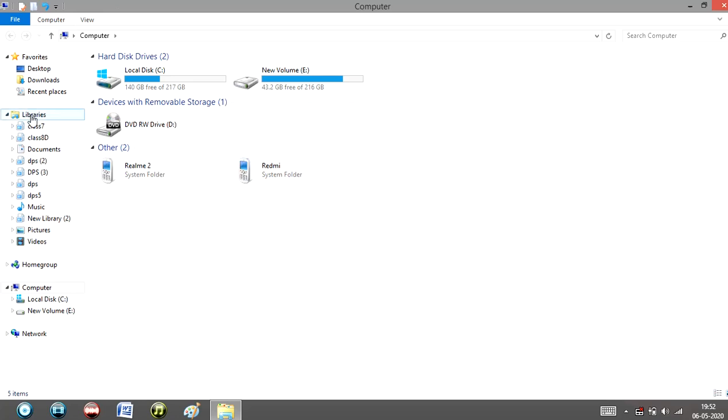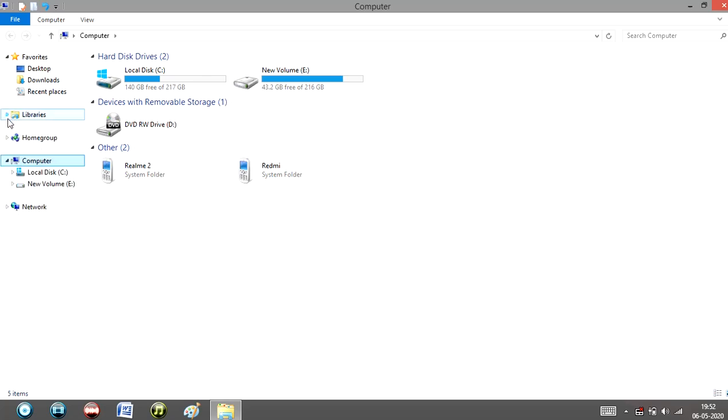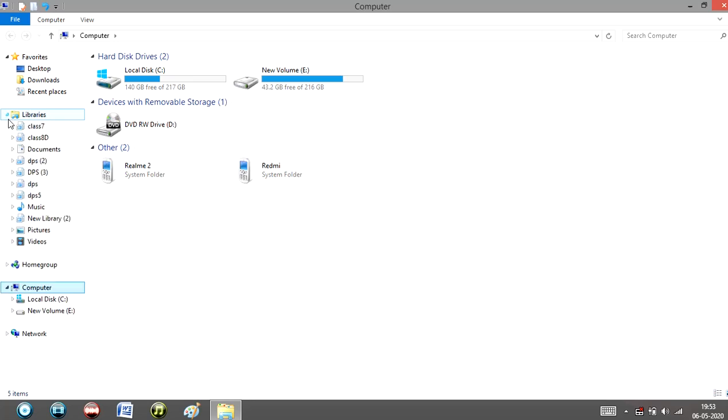For example, you can see here libraries is a particular folder. You can see a black color up facing triangle is displayed here. It means that now the libraries is expanded. All the contents inside this libraries folder are displayed here. But when I click on this black triangle, it will shift to a right facing triangle in white color. It means that now it is collapsed because all the contents of these libraries are now hidden. I am now expanding it. Now it will again change to the black color.